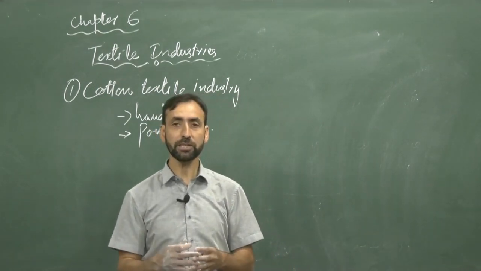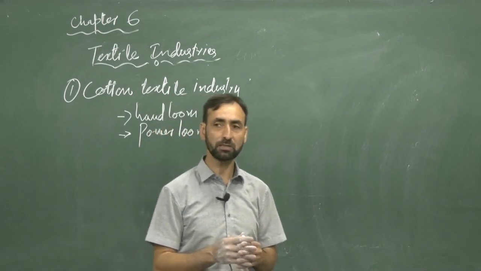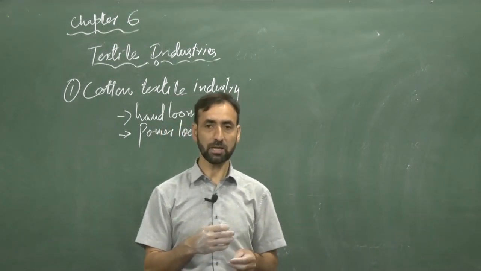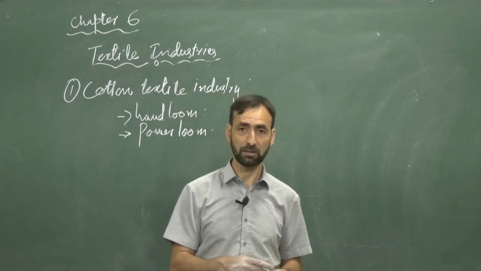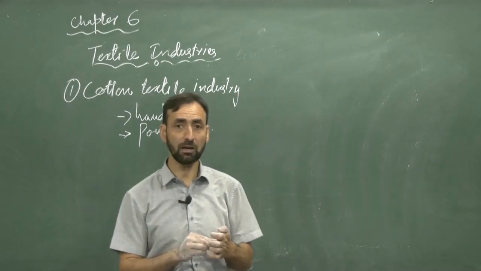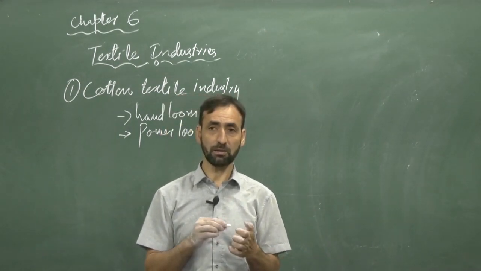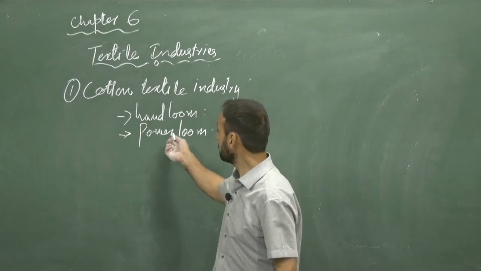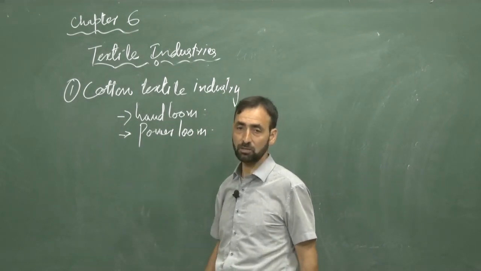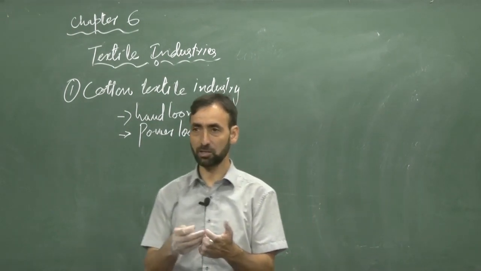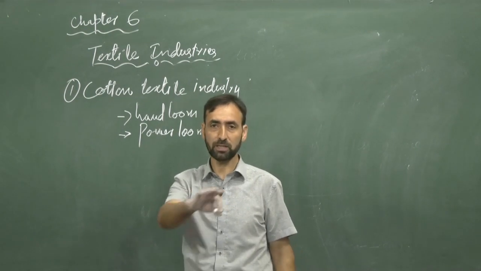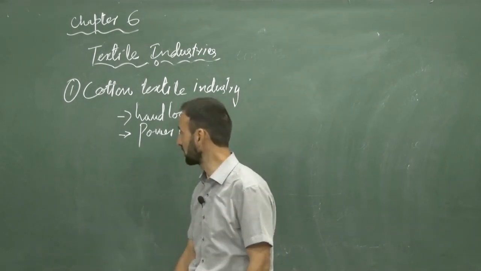Now, mostly it has been observed that these industries are concentrated in Maharashtra and Gujarat. For the spinning, remember, these industries which are used to spin or to make thread from this cotton are concentrated in Maharashtra and Gujarat. But this yarn is supplied to the other states and they are using it for the weaving.